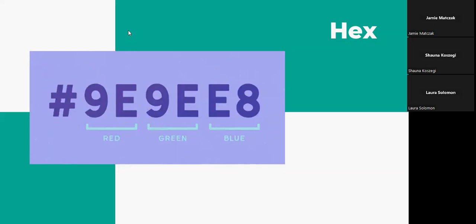And Jamie says, is there an easy way to find the complementary hex code if you happen to find a color you like with the eyedropper? It kind of depends, Jamie, on where you're using the eyedropper. For example, if you're using something like PaintShop Pro or Photoshop or GIMP, there are tools there that can convert one from the other, and that really differs in how that happens.